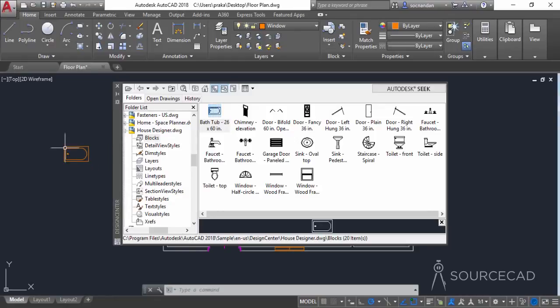Let's drag and drop it here, and as you can see, we have this in this window color, which we obviously don't want. So we want this on the blocks layer, so let's change it to blocks, and I'll simply erase this one, and I'll drag and drop it once again. Now select this toilet block, select the sink,